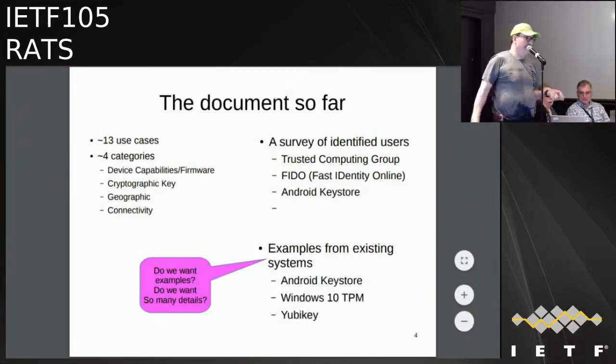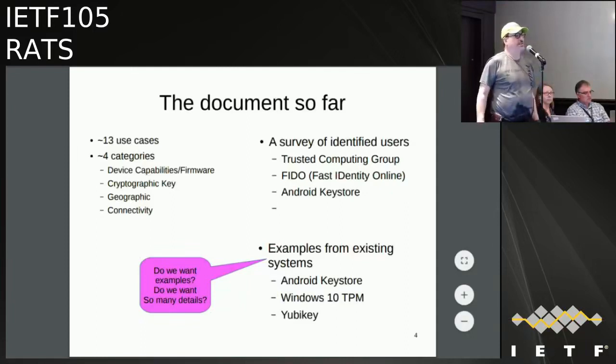Carl Wallace contributed 3 big examples of existing attestation claims, down to the ASN.1 DER code and this kind of stuff. I found it fascinating. I have as many questions as answers about what I saw in there. And I don't know whether or not it's useful for us to do this kind of thing at this level. It might be that at a smaller level of abstraction it's useful to see what people have done, or maybe we just need more text and less hex dump to really say something interesting. Yes, Roman.